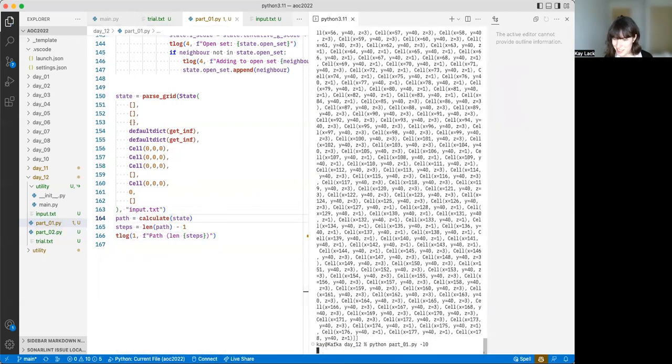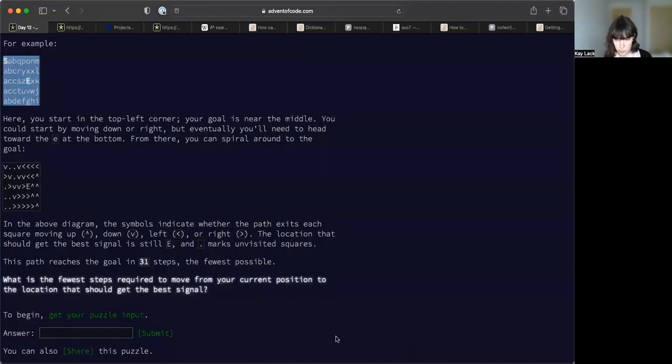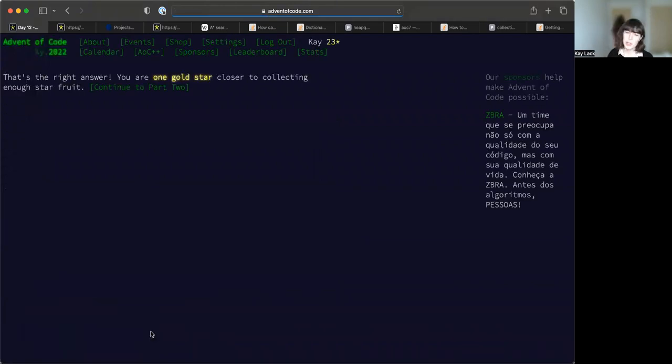I want the grid. 4, 8, 4. Let's try it. That's correct. Okay, so definitely a fail, and there are a couple of minutes in there when I wasn't recording,